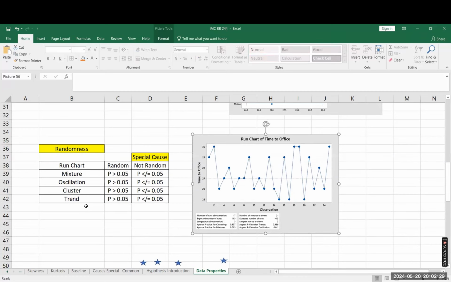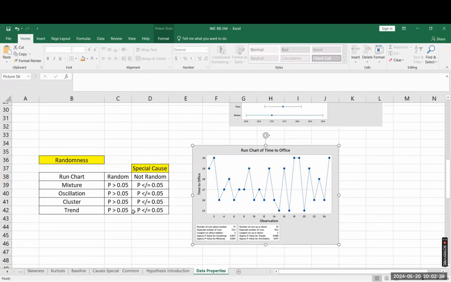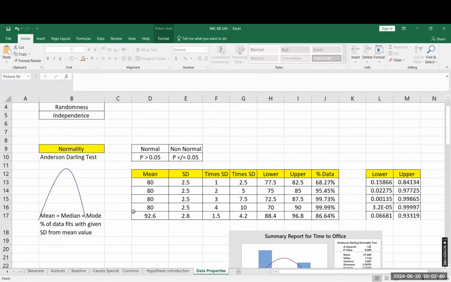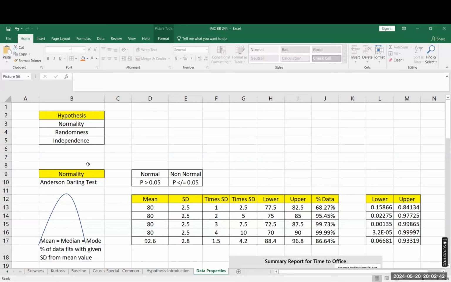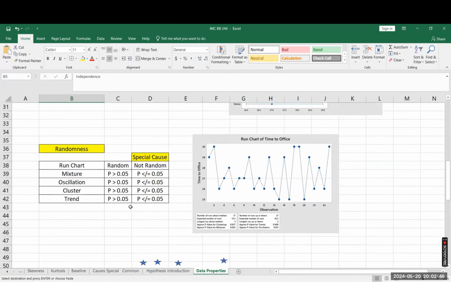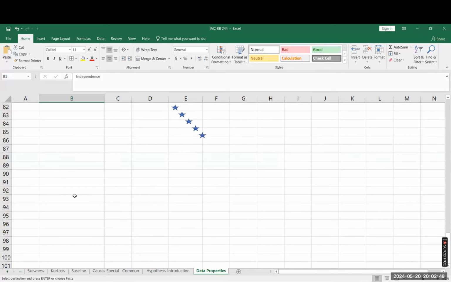And in any such case, we will be investigating this further, and based on the investigation we will be deciding the next decision, how to take a practical decision. Another thing which we'll be checking is independence of the data. So independence of the data we check based on the control chart rules.